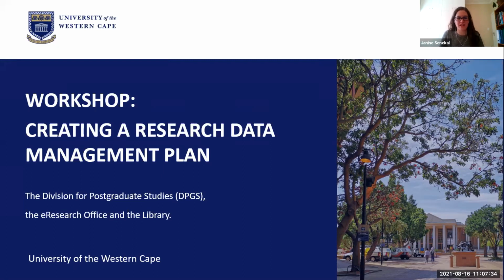And so your data management plan is essentially the practical tools that you're going to be using to be able to keep track of who has access to that information and how you're protecting your participants in that way. So we're going to be going through some background information that sets up why data management is important and what that looks like, and then also a practical demonstration of how to do this.